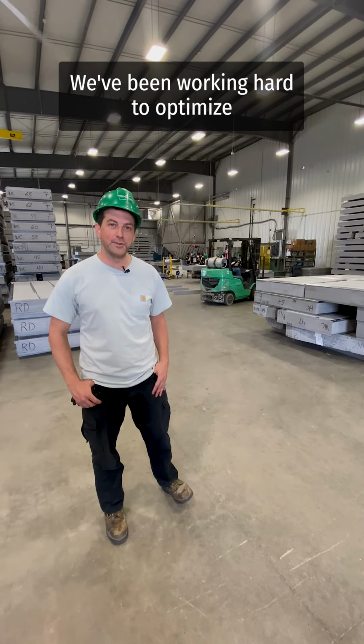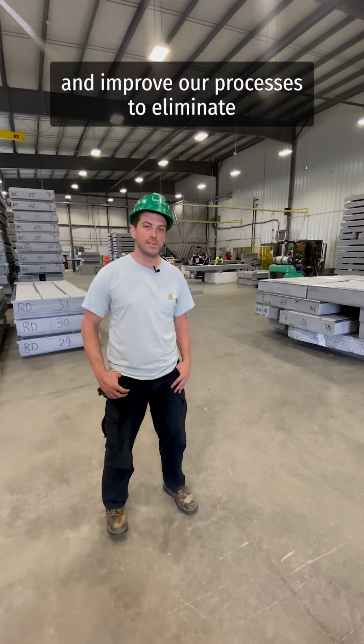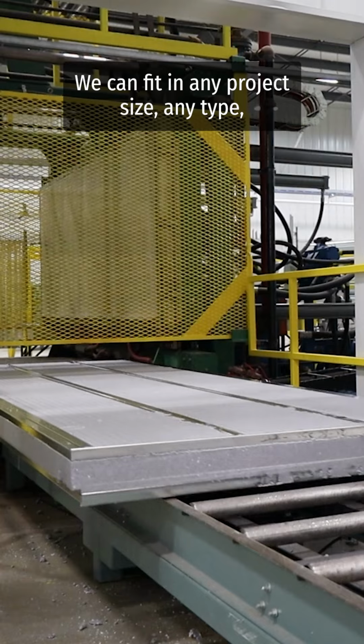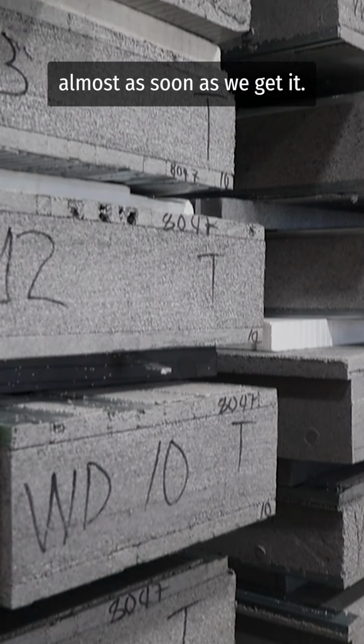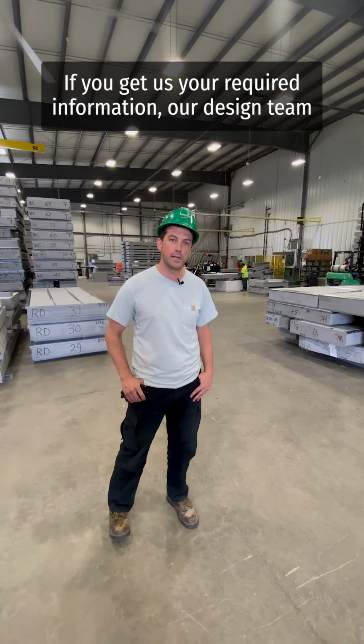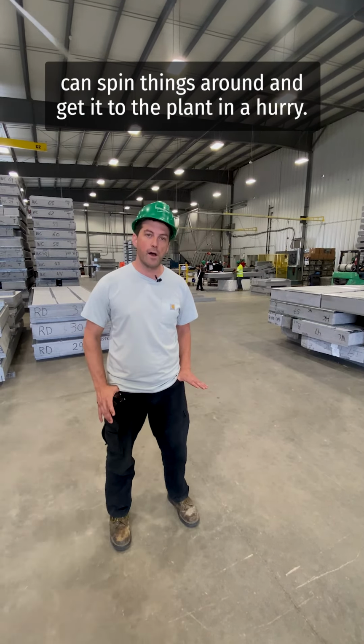We've been working hard to optimize and improve our processes to eliminate lead times for your project's timeline. We can fit in any project size, any type, almost as soon as we get it. If you get us your required information, our design team can spin things around and get it to the plant